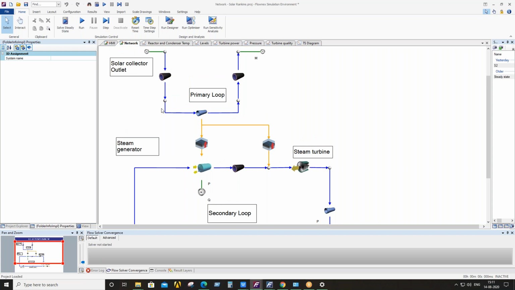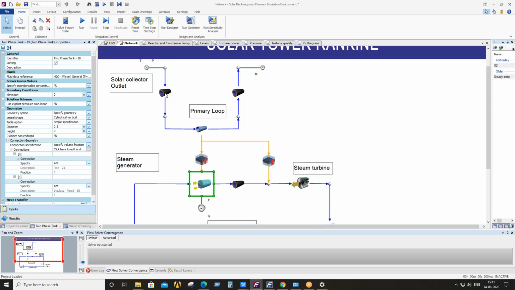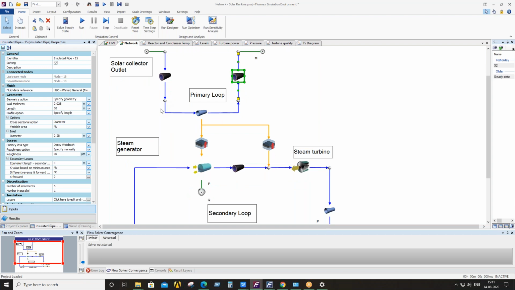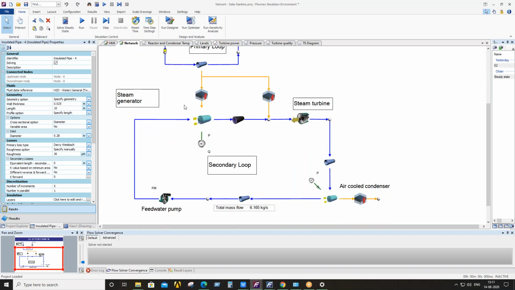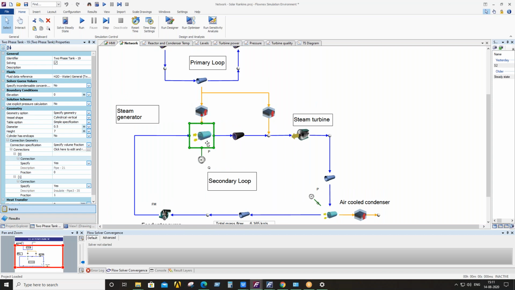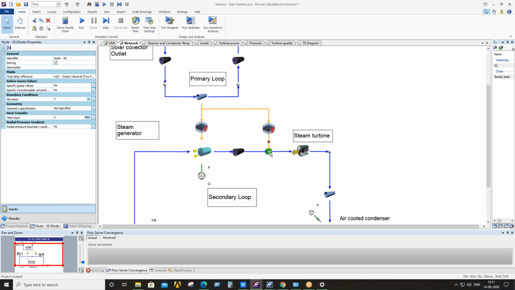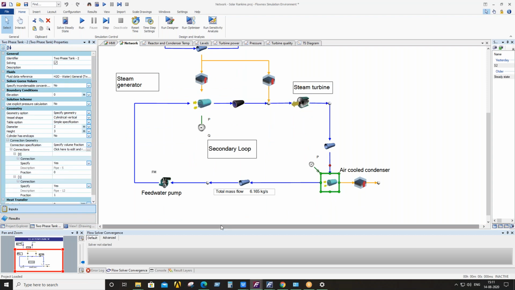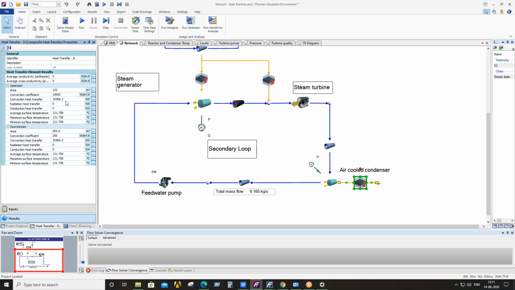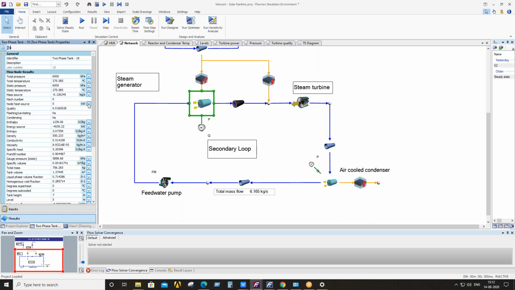So here this solar line exchanges heat with the steam generator, and these two components are insulated pipes. You can specify the insulation to minimize the heat transfer between the pipe and the surroundings. The steam generator gains the heat from this cycle, and again it is expanded in the steam turbine, and from the steam turbine it goes to the air cooled condenser. It means it exchanges heat with the atmosphere. Here you can see the total amount of heat rejection is 10 megawatt, and the total amount of heat input is